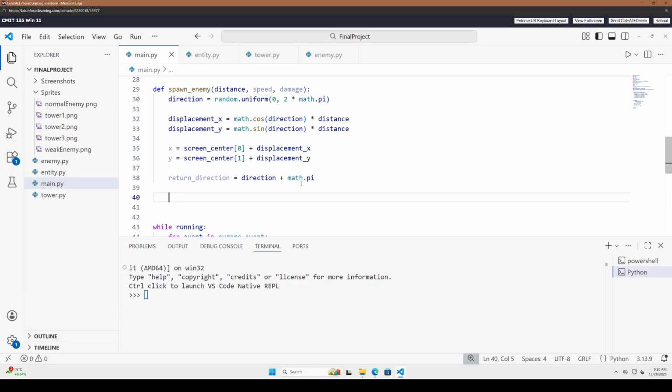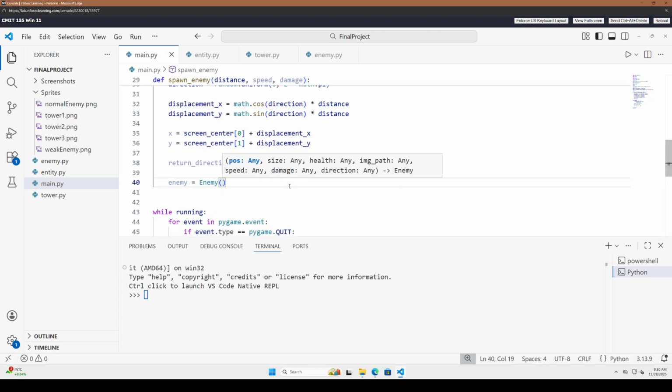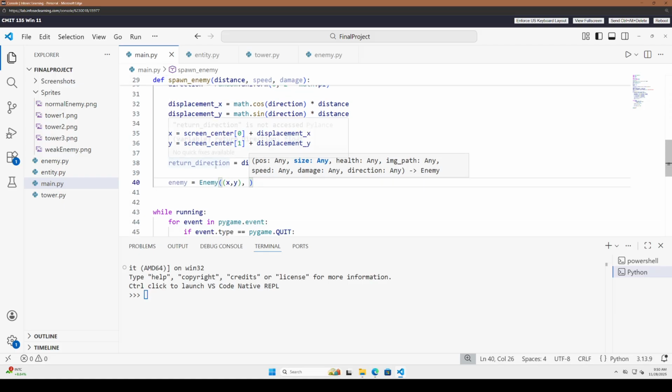Now we can say that the enemy is equal to the enemy constructor of the position, which is going to be a tuple, the tuple of x and y. The size, which we'll make maybe a little bit smaller than the